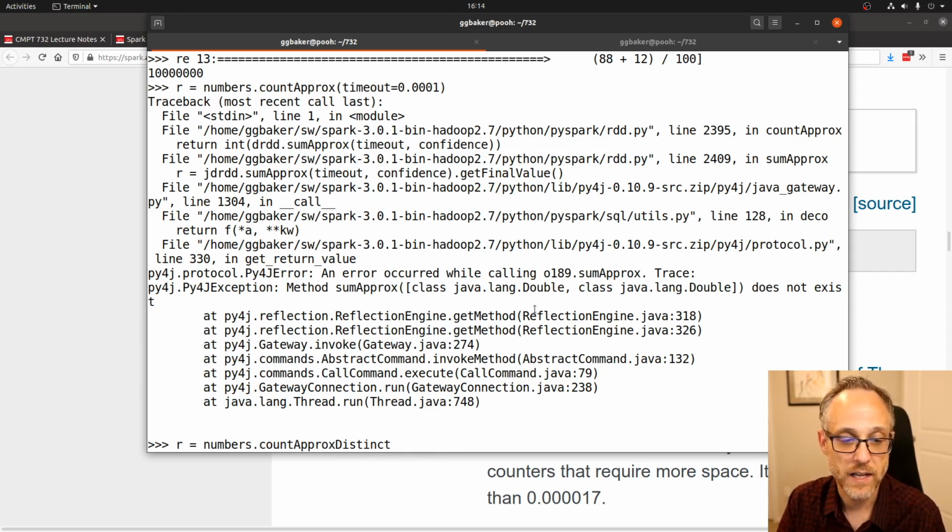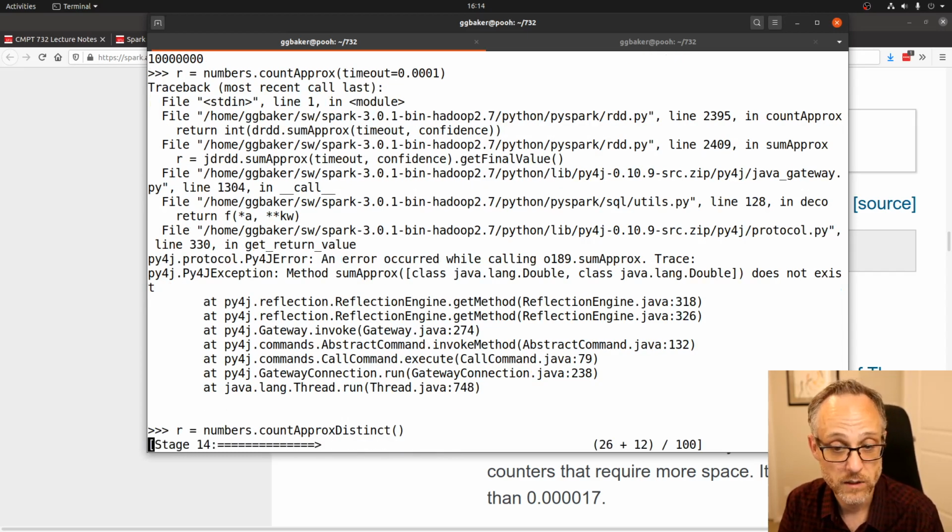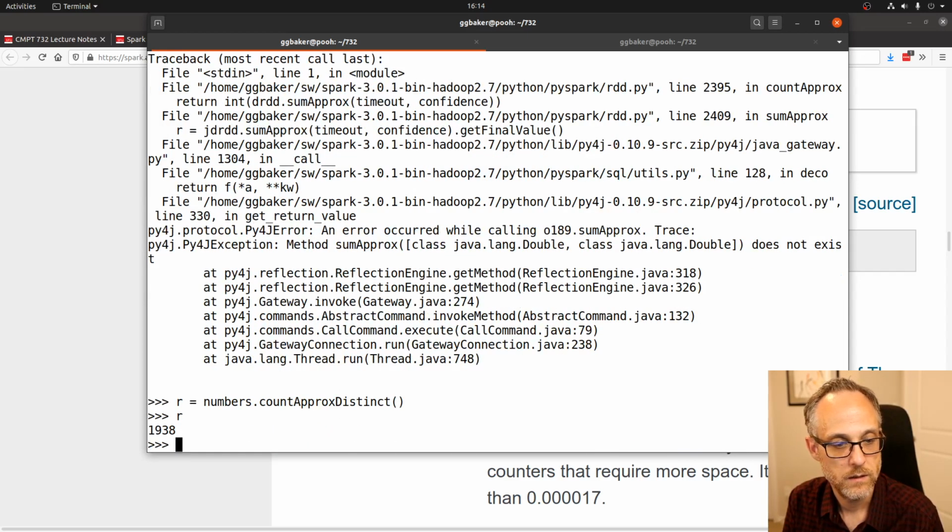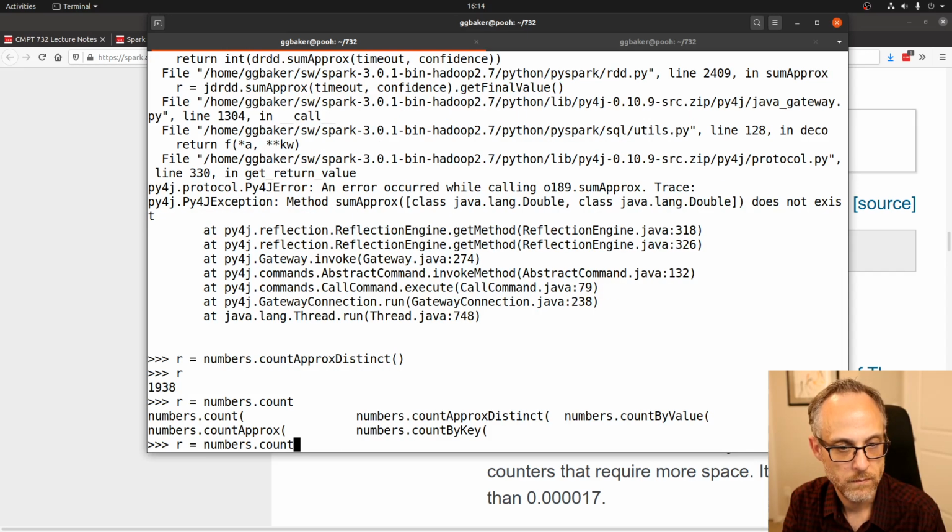So how many distinct values are there? Again, that's expensive in general. On a big data set, so that's probably wrong. Probably the correct number here is 2000, and it's approximate, as it did the approx count distinct. Isn't there a true count distinct? Oh, I thought there was. Anyway,